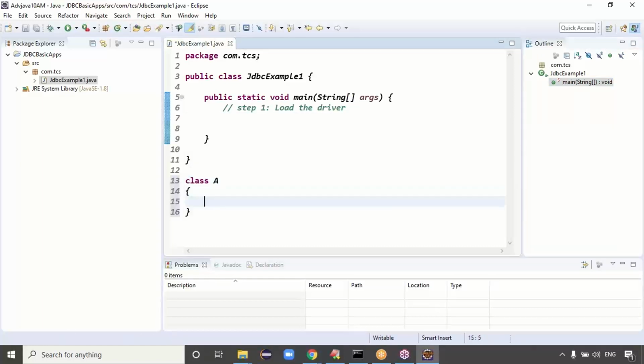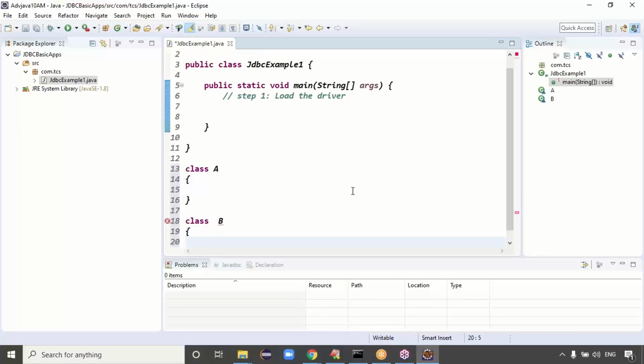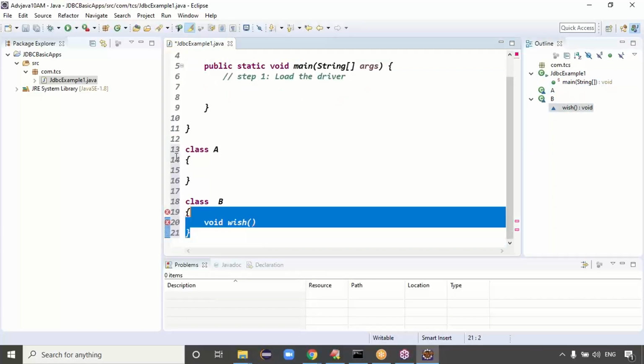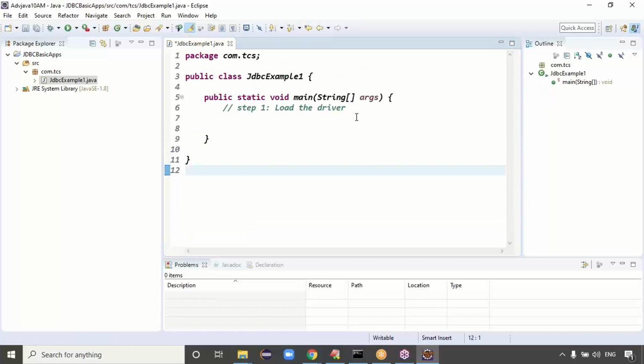If you have class A and class B, the outline grows, and if class B has a void wish method, the outline grows again. If I want to go to a class or method, just click on it and control moves directly to that class or method. Is it clear now? That's outline, guys.